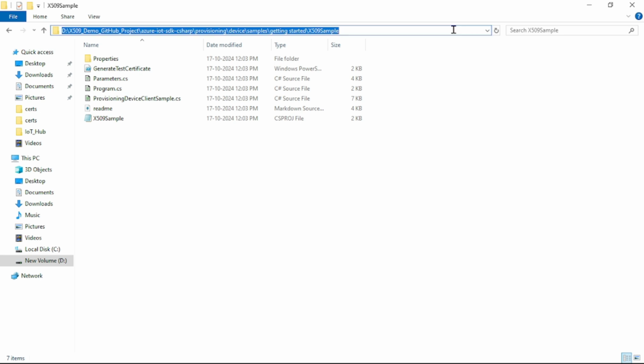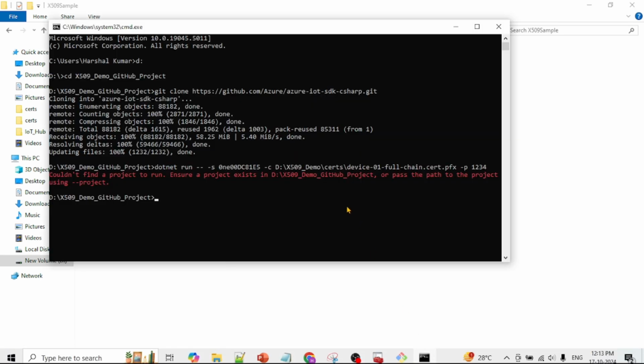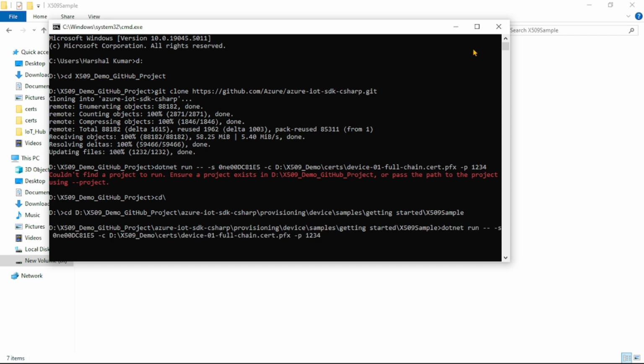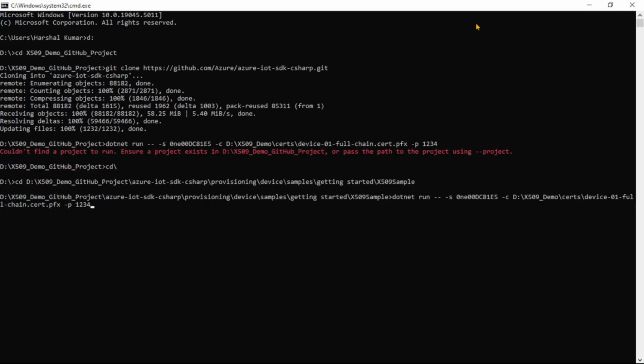So let's copy this path, and here I'll say cd and paste it. So we are under this X509 sample, and now let's run that command. And now I will say enter.